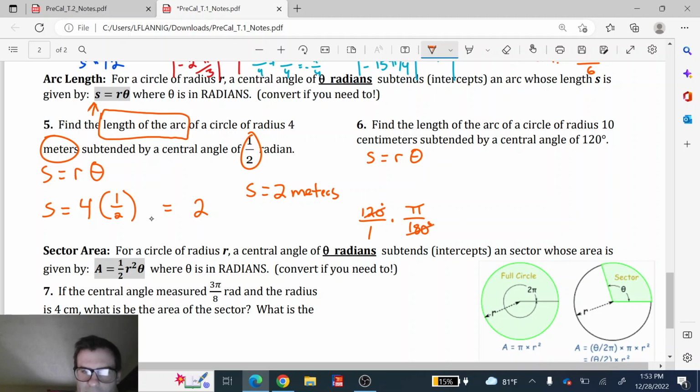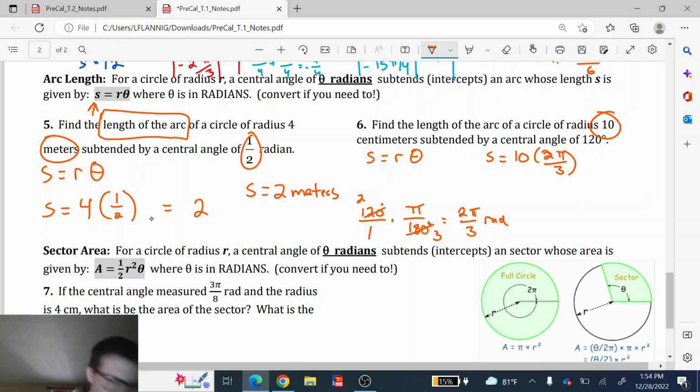These can both reduce. They're divisible by 6, and you can get 2 over 3. That means 120 degrees is also 2 pi over 3 radians. So you know that's the theta that we need. And we know the radius is 10 centimeters. So we can say S is equal to 10 times 2 pi over 3,